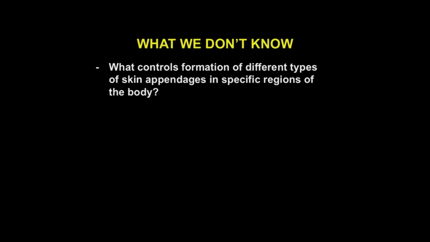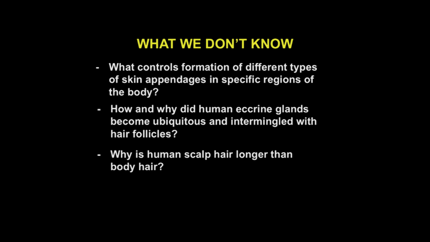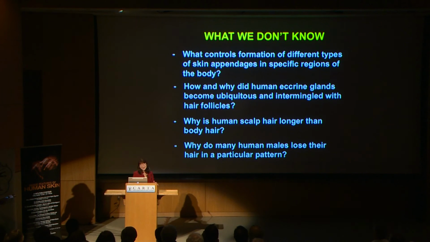Now, there's an awful lot that we don't know. Some very straightforward questions, such as what controls the formation of different types of appendages in specific regions of the body? How and why did human eccrine glands become ubiquitous over our body and intermingled with hair follicles? And very straightforward questions like why is human scalp hair longer than body hair? And of interest to many men in the audience, why do many human males lose their hair in a particular pattern? And I'm sure you can think of many additional questions that we really don't know the answers to yet